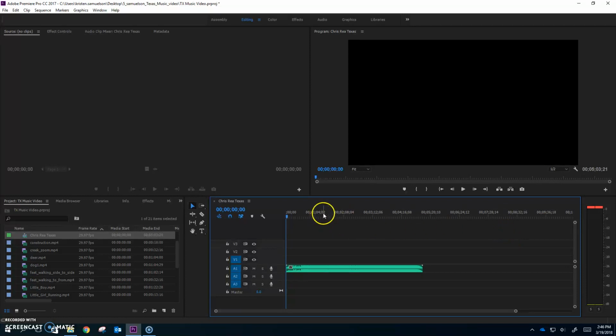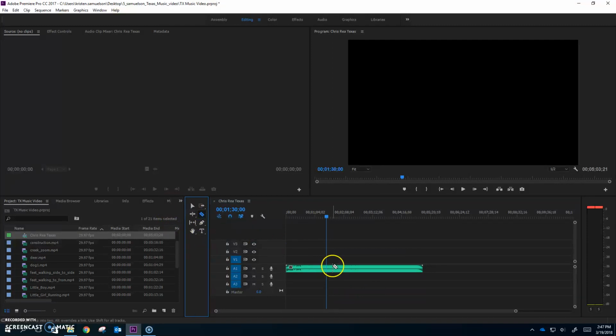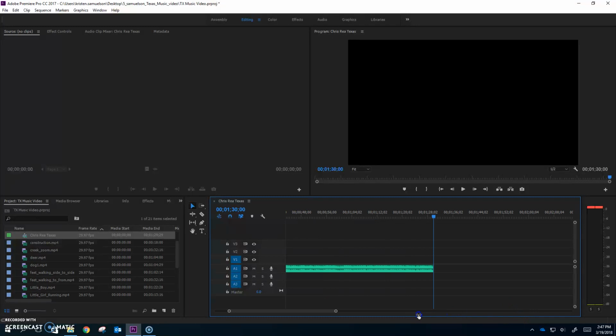I am simply going to go to 1:30 using this. That's my 1:30 mark. And I am going to use my razor tool, and I am going to click right on that line and then delete the second half. Okay, that way I'm using, oops, I didn't mean to expand it quite that much. That way I've got just 1.5 minutes that I use here. Okay, all right,